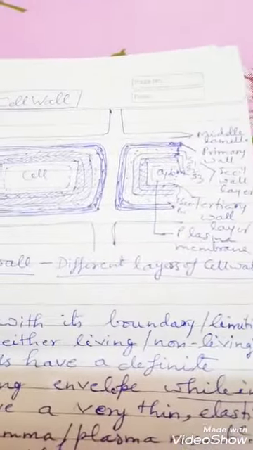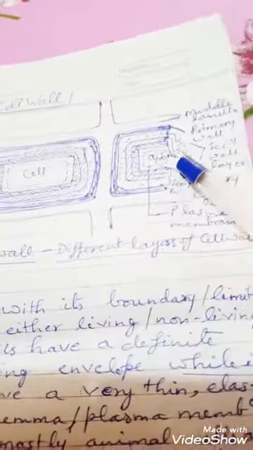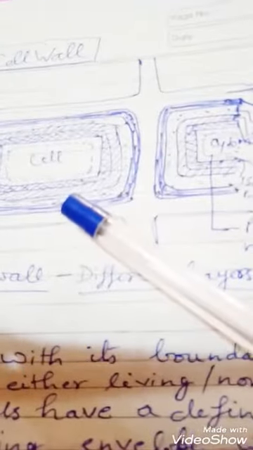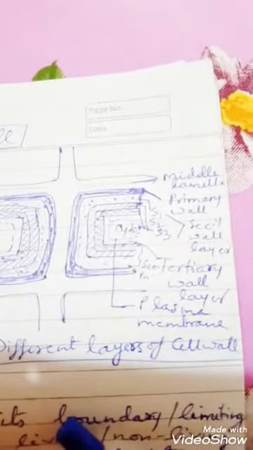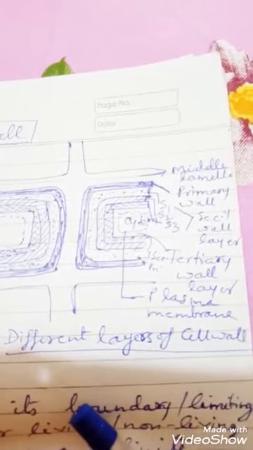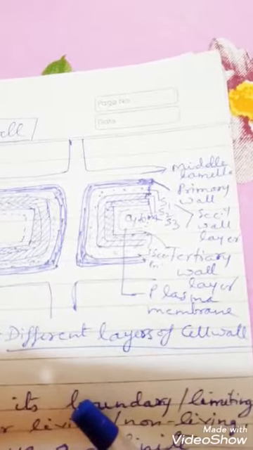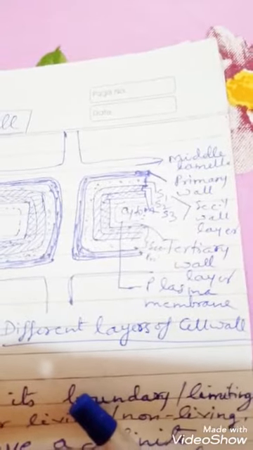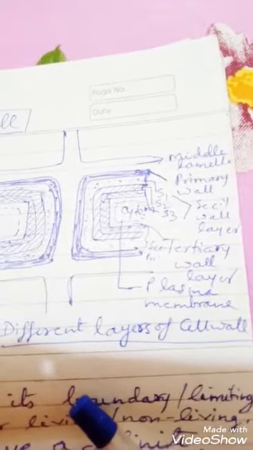So what is the location or position of the cell wall? These are the two different cells. You could see the rectangular and blunt ended cells. If you go to a closer view of this figure, the figure shows the cell wall, different layers of cell walls. The position of the cell wall could be imagined at the outermost surface of the cell, and this gives the protection, rigidity and shape to the plant cell.